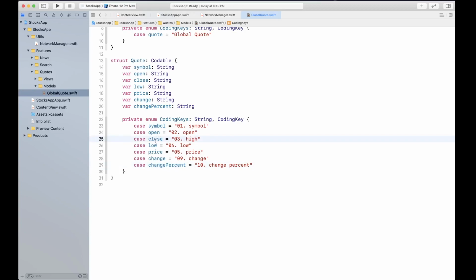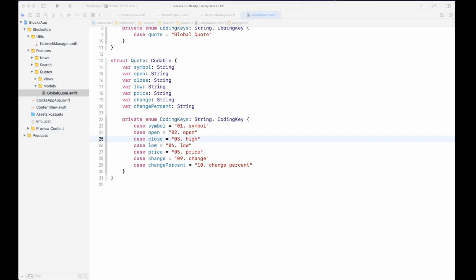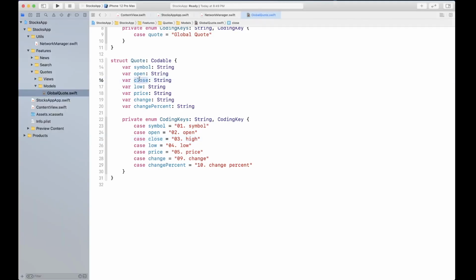Yeah, close is basically high. Let me take a look at the API one more time. Symbol, open, high, so we can actually say this as high. Open, high, low, price, and change percent.